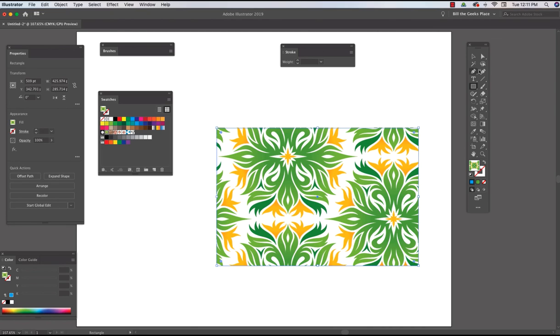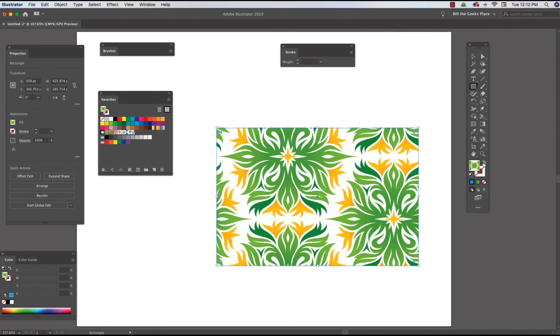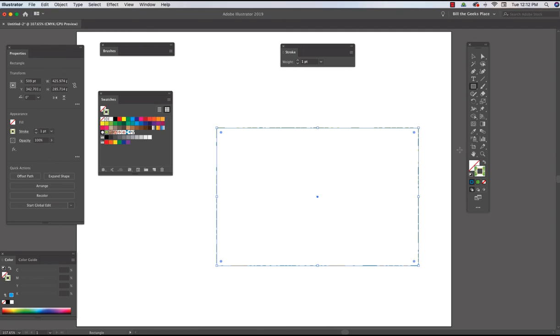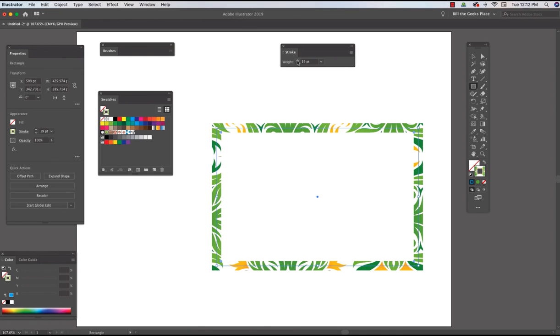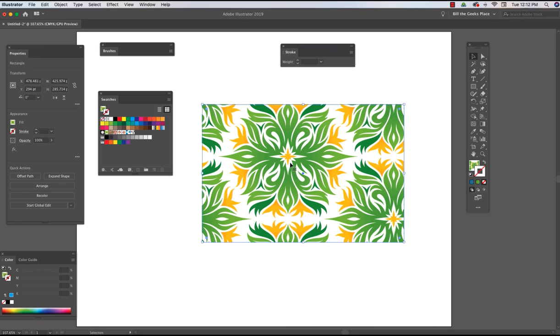And the thing is you can apply this to stroke or to fill. Now you can't see it on the stroke very well, but if I swap stroke with fill and then start increasing the stroke, then you can see that pattern coming to life on the stroke or back onto the fill. And patterns are very easy to make. Once you get the pattern in there, then if you select the object, then